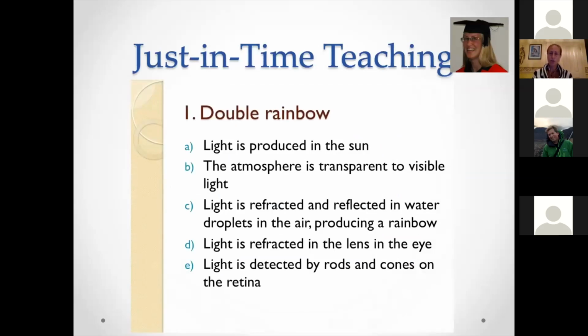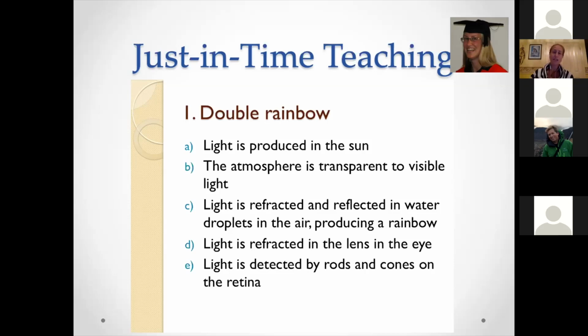I would also use these wonder questions in different ways. So for the topic of light, 2 students actually asked where do double rainbows come from? And I thought that was a really good question. And so I was able to essentially cover almost all of the content in that class in light of where double rainbows came from. So first, I would say a little bit about how light was produced in the sun,